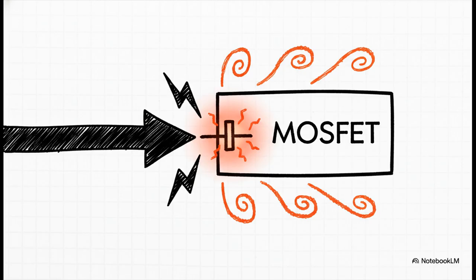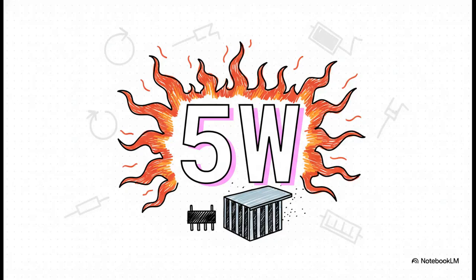So you can see, even a tiny resistance can cause huge problems if the current is high enough. And here's a real-world example. Let's say you're pushing a pretty beefy 50 amps of current through a really good MOSFET with just 2 milliohms of resistance. That still creates 5 watts of pure waste heat. Now, 5 watts might not sound like a lot, but in a component the size of your fingernail, that's enough to cook it to death if you don't have a heatsink to pull that heat away. It's why so many of these parts are mostly just big metal tabs for